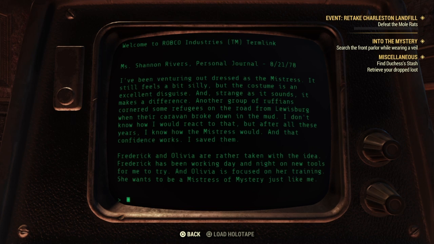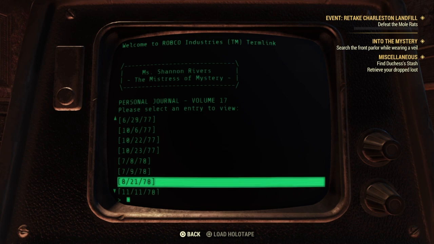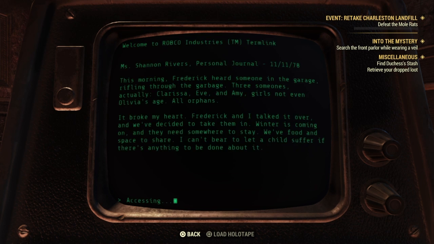Frederick and Oliver are rather taken with the idea. Frederick has been working day and night on new tools for me to try, and Oliver is focused on her training. She wants to be a mistress of mystery just like me. This morning, Frederick heard something in the garage rifling through the garbage. There's someone actually. Carla, Eve, and Amy, girls not even Oliver's age, all